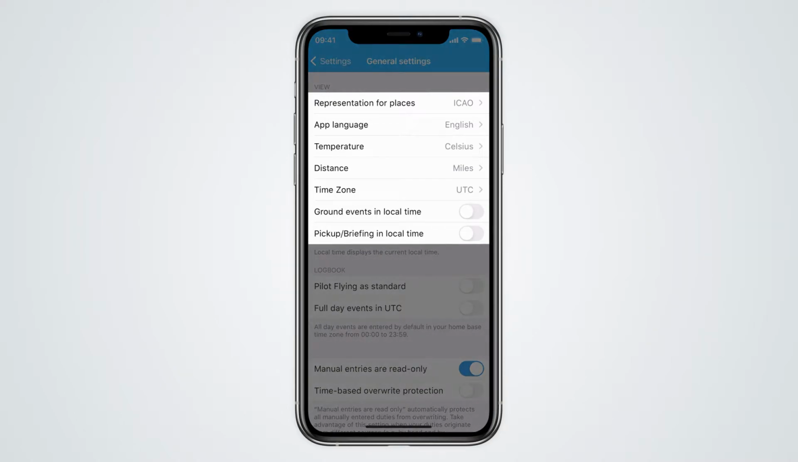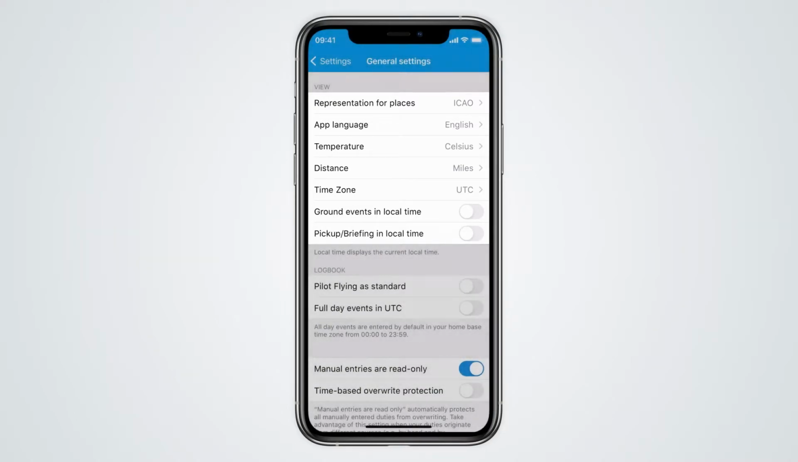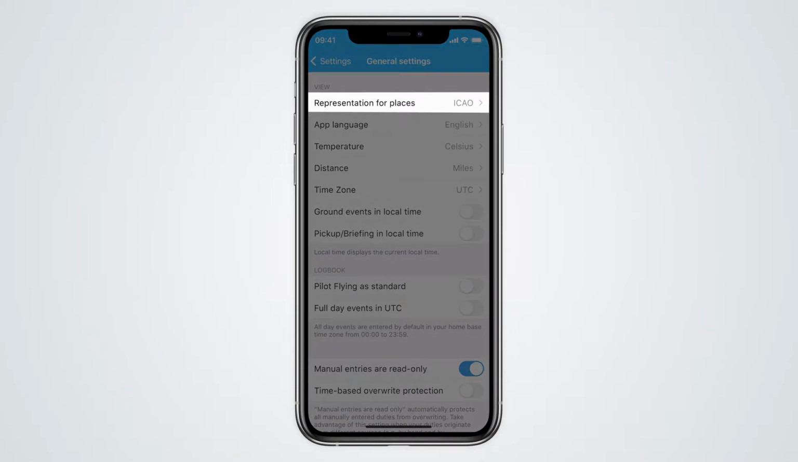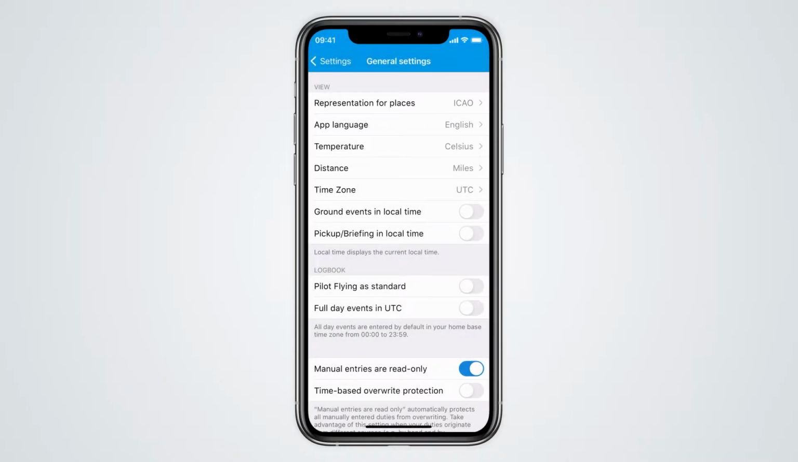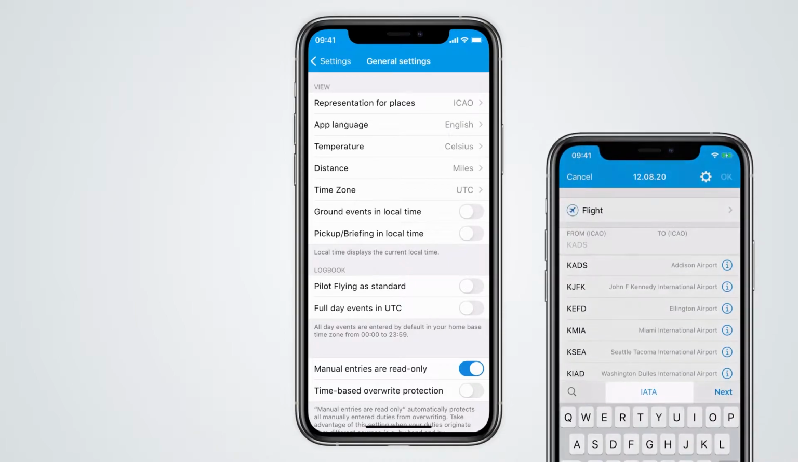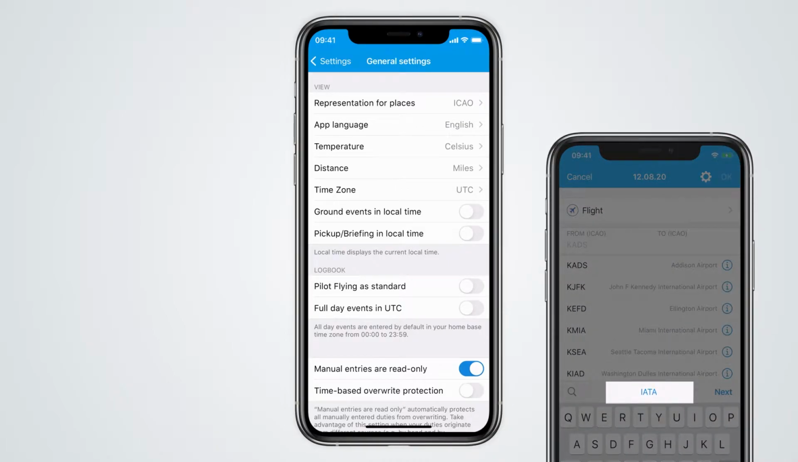In the first block, you can define the units in which you would like to see your data. The representation of places, either IATA or IKO, determines the code in which airports and airlines are displayed. For even more flexibility while logging a flight, you can change the code directly above the keyboard when typing in